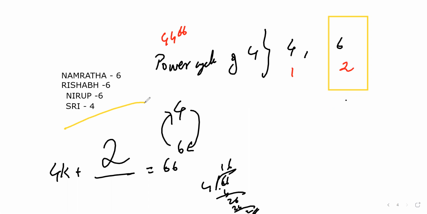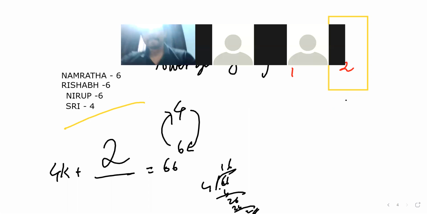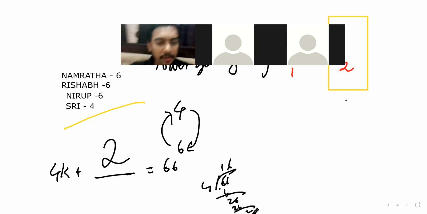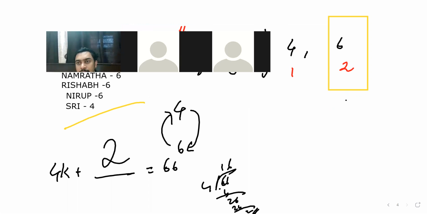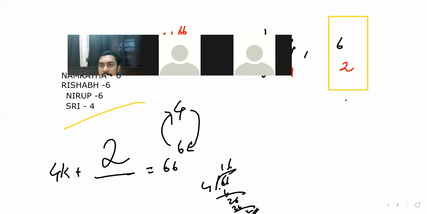Good, Srikanth, at least. I hope you understood where you went wrong? Let me know. Did you understand or where was actually the problem? A 4k division. That will happen. Okay, that will happen. But now you understood, right? See, mistakes will happen. It will definitely happen. So that's not a problem here.